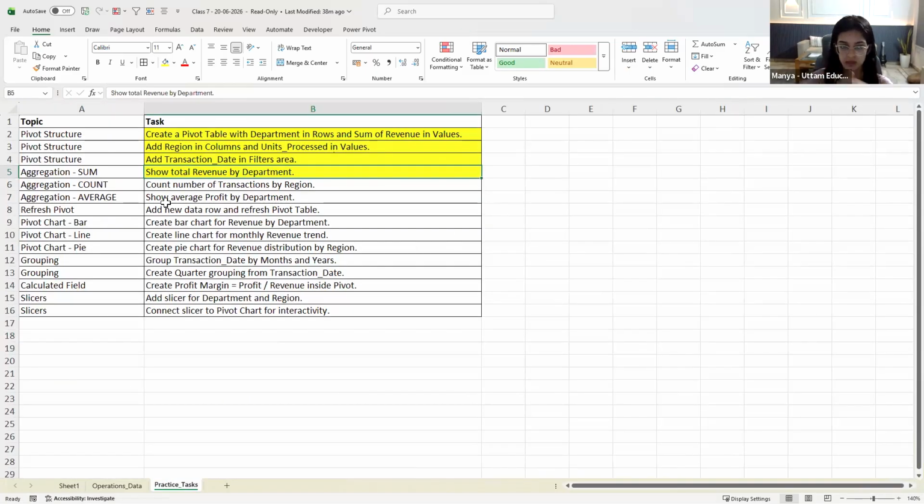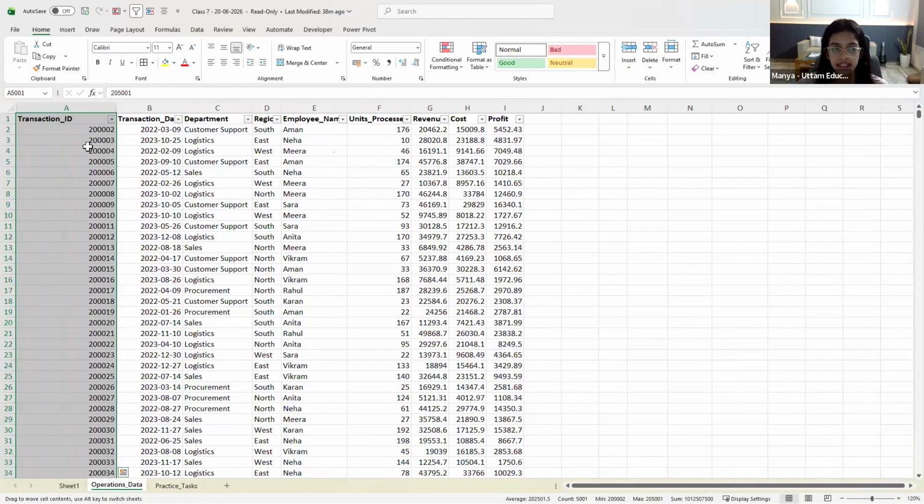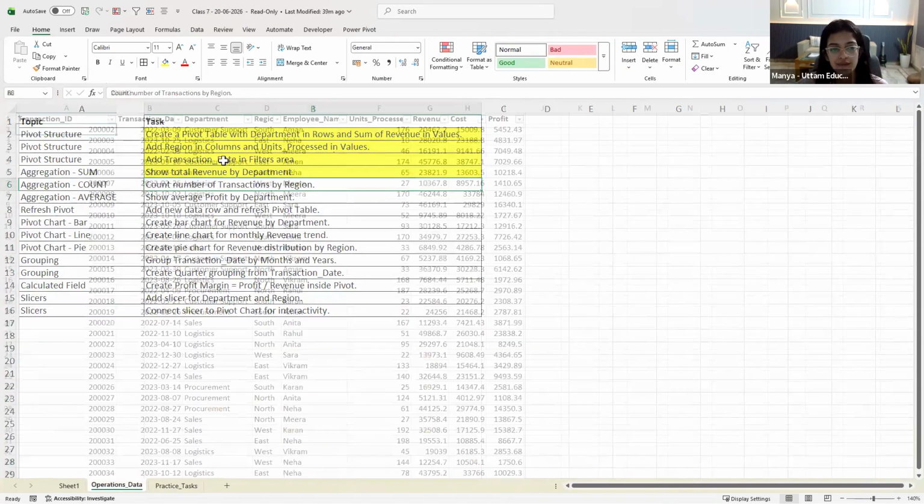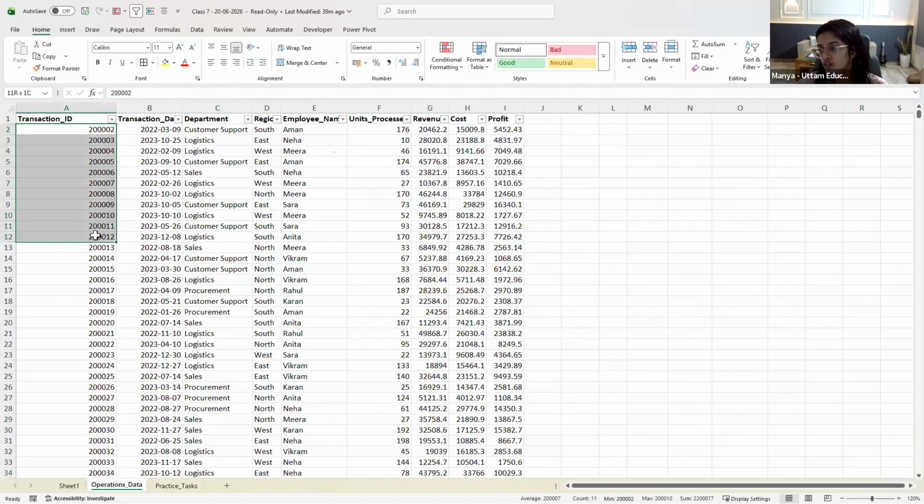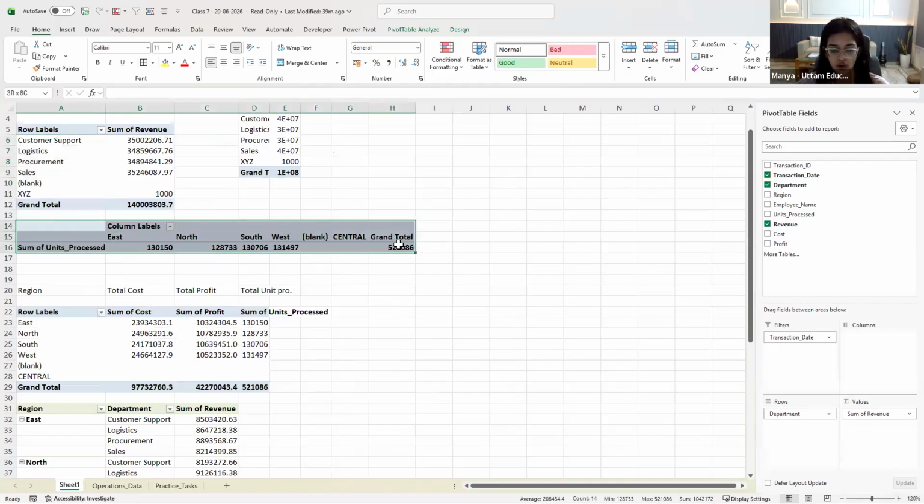From this particular point, you will realize that we will start using some other aggregations also. We have to count the number of transactions by region. If you see in the data, we have the transaction ID. Based upon each region, I have to check what is the count of the transaction ID. But since it's a numerical column, by default it is going to give you a sum, as I have mentioned earlier. Let's check it. I will just quickly copy this pivot table,